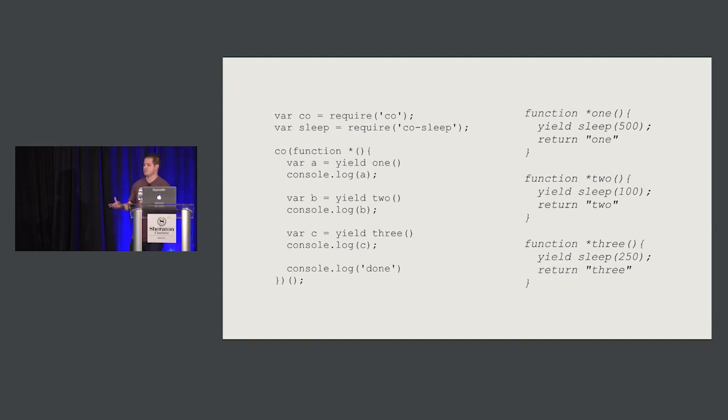In this simple example, rather than our callback 1, 2, 3, we actually wrote those as generators. We pass the generator to yield, and Co resolves that for us. In the first one, after it's created, we do this yield sleep. What sleep does is return a function that accepts a function that continues after a certain set timeout. Co will traverse that, and once it's done, move on to the next one, and does the whole next iterator dependency tree all the way down until there's nothing to next.